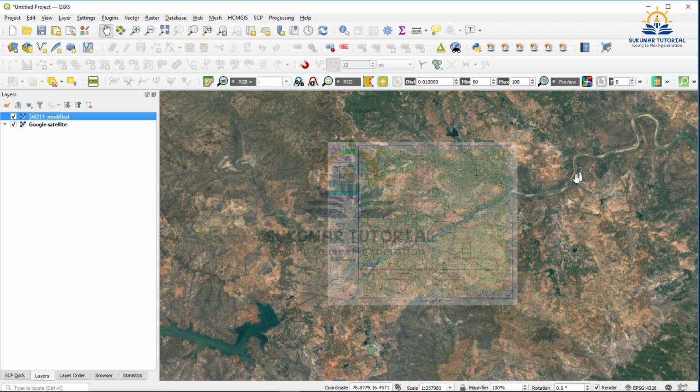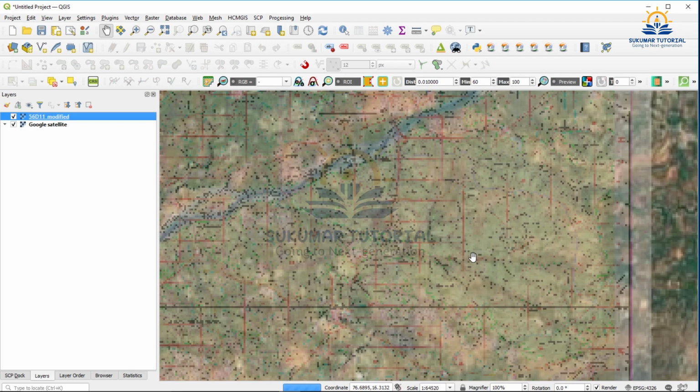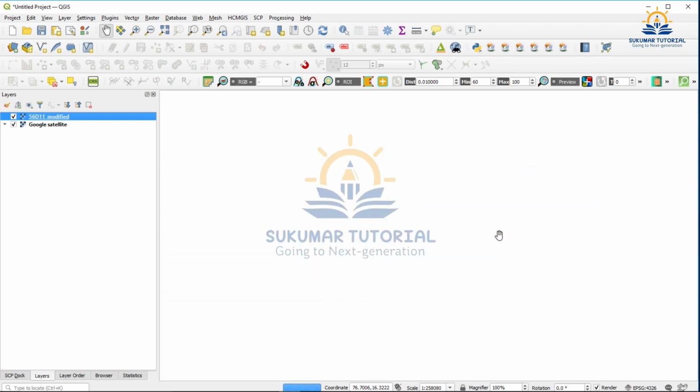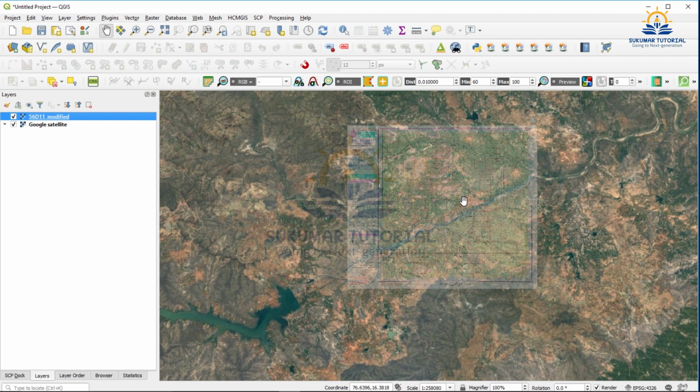So I am reducing the size. You can see the continuity of the river, the Krishna river and the adjacent river. It is agreeing because it's a georeferenced map, exactly fitting with the Google satellite map. You can see the course of the river, and other features also, dry land, scrub land, everything is there. The forest area also, you can see. So this is how you make a comparative study using the registered topo sheet raster map as well as the Google map. This is one kind of exercise which you can practice.